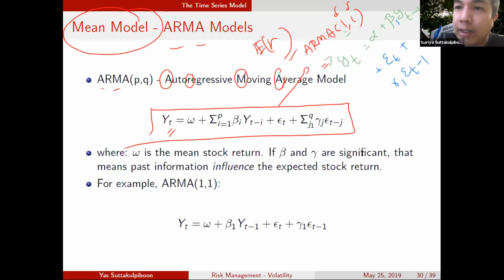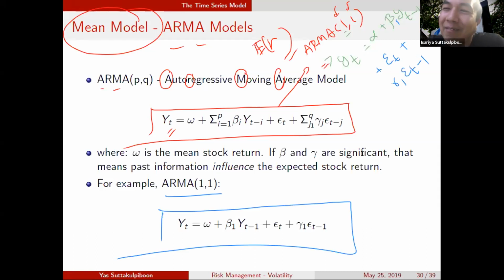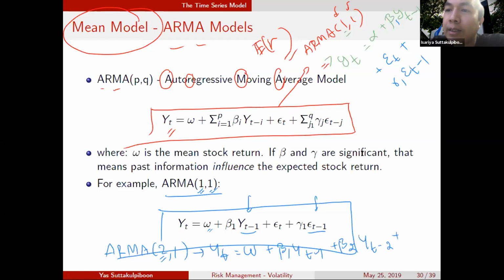Does it look too difficult? Let me write another one here. ARMA 11: the first one is the lag of Y, the second one is the lag of the epsilon. There you go. Now can you write ARMA 21 for me before I explain further? ARMA 21 is going to be equal to what? Y_t equals, let's just use the same notation here, omega plus beta 1 Y_{t-1}, since it's 2 right here it's going to be plus beta 2 Y_{t-2}, plus epsilon_t, plus only 1, gamma 1 epsilon_{t-1}. For ARMA 21, we just add the Y_{t-2}